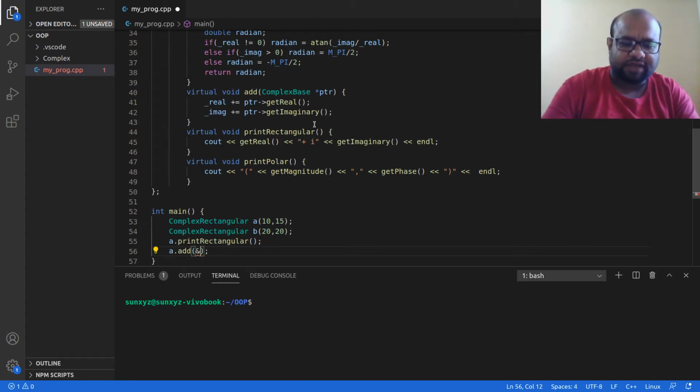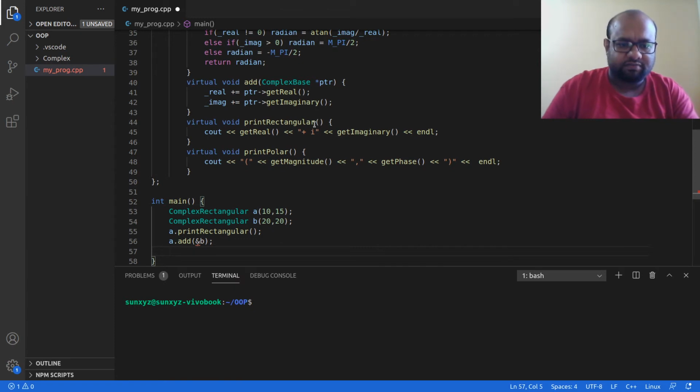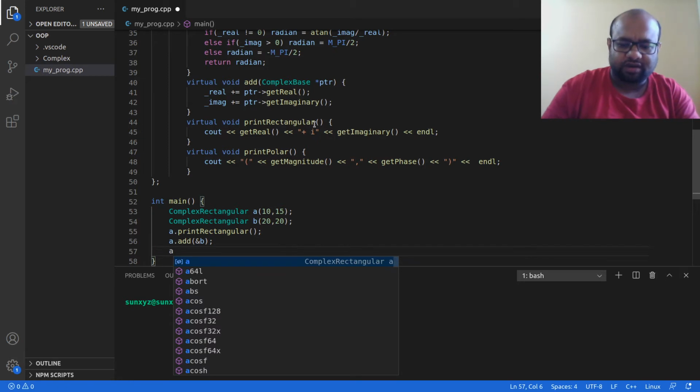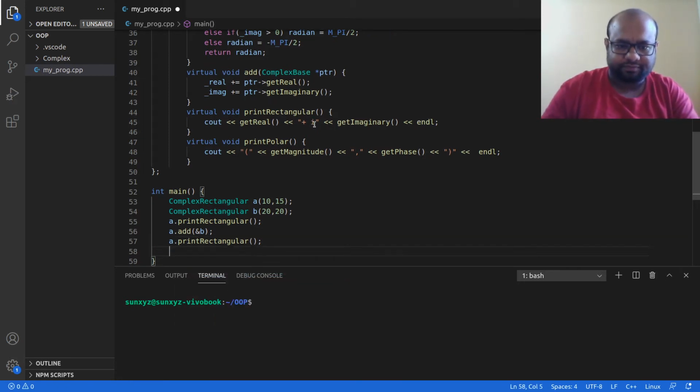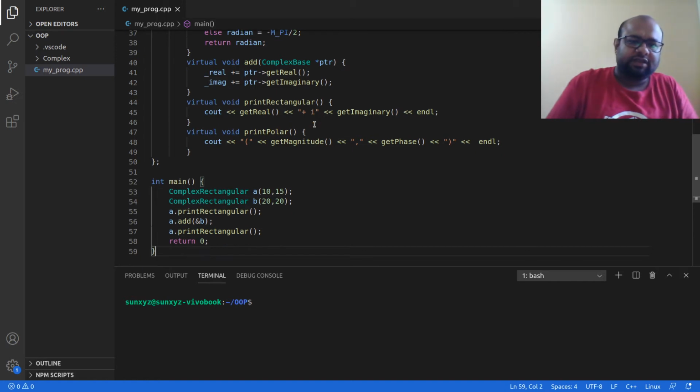I have to pass the address of B, right? Then I'm going to print A again, and this is what my program is. So let me go ahead and compile this program.